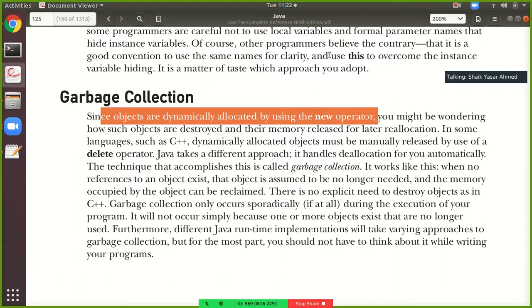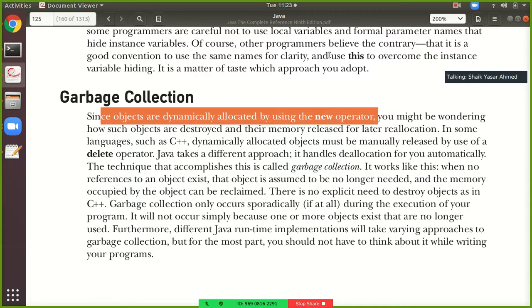After the memory is allocated to that object, and whatever the code is there is implemented, and after that the program is finished, you have to release that memory also, which was used by that object. So you will write the delete operator also. This is done manually in C++, which means you will have to free the memory at last. Whereas in Java you need not write the delete operator.